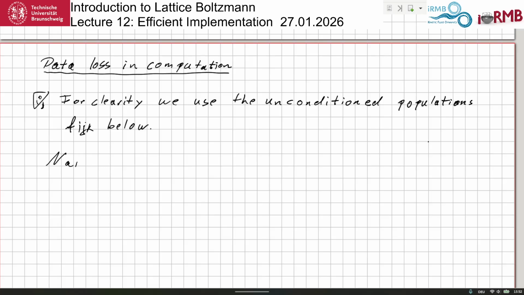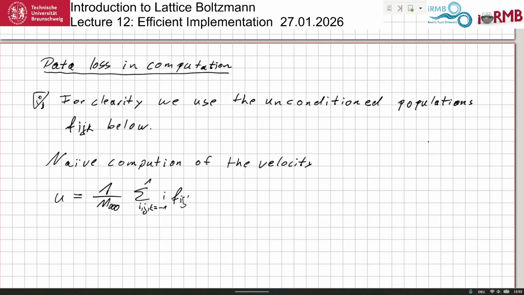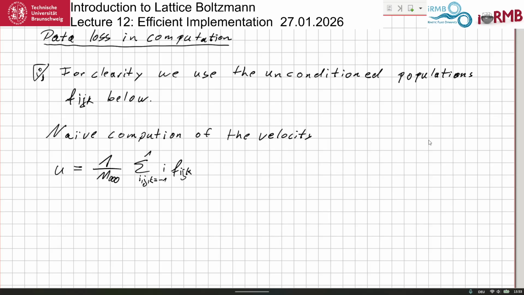Okay, what do we naively do in lattice Boltzmann? We compute moments. For example, we compute the velocity. So u is 1 over the zero moment. We divide by the zero moment, and then we sum over i, j and k from -1 to 1 of i f_ijk. And of course, you can implement this as a triple loop if you will, right? Then if you implement this as a triple loop, or you actually write it straight out, what you have is a summation